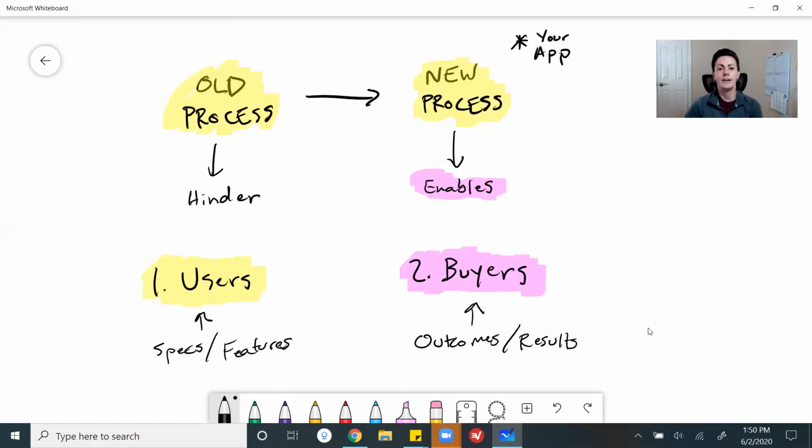And again, these could be the same person to you, but you still have to know how to resonate with the right context at the right time. So if that person was asking you how, what the actual process looks like, what the technical side of things looks like, well, then you know what to start talking about. But if they're asking you why they need your app, why they should buy it, or what value does it bring them, well, then that's when you switch to the buyer side and you start talking about the outcomes and